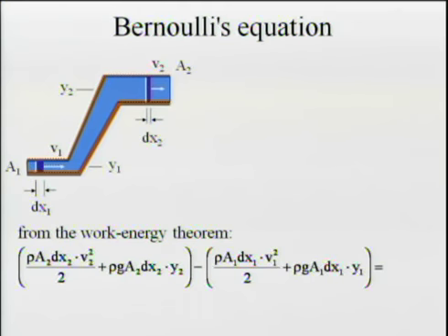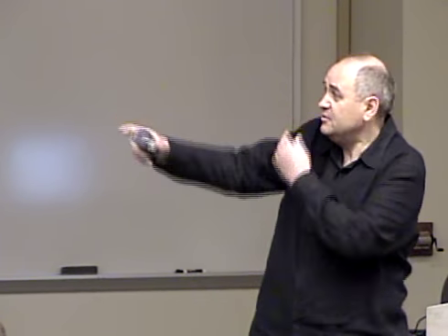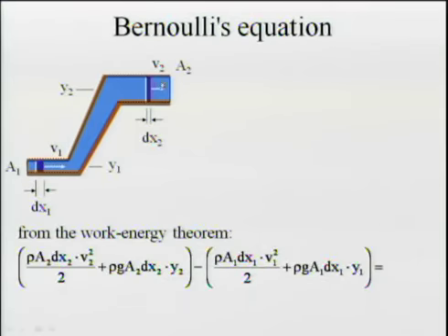Well, the change in mechanical energy is supposed to be equal to the non-conservative work. Now, who was performing work? Fluid in front and fluid behind. Now, was the fluid in front performing positive work or negative work on my system? Negative. Why? Because it was pushing the liquid, I mean my system, backwards, while the surface was moving forward. So this fluid performed negative work on this fluid. On the other side, the fluid behind pushed it forward, so it performed positive work.